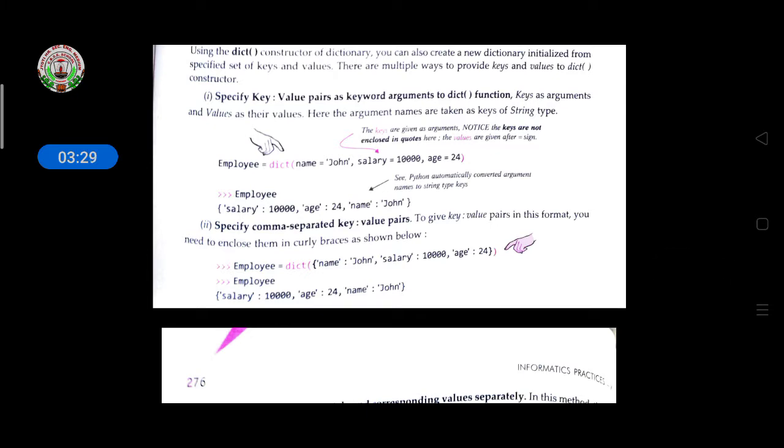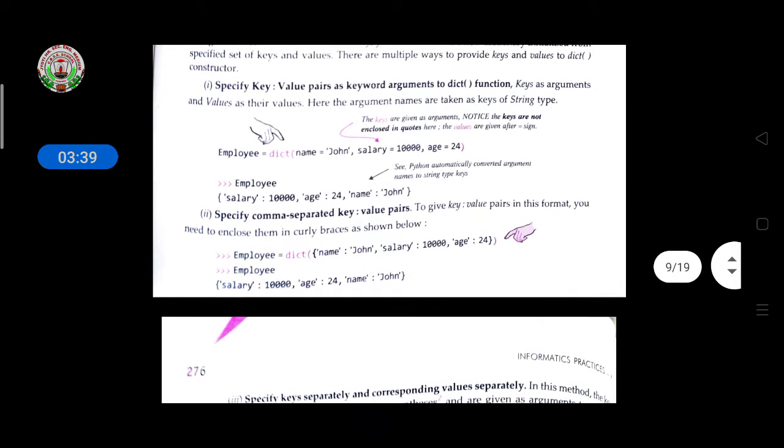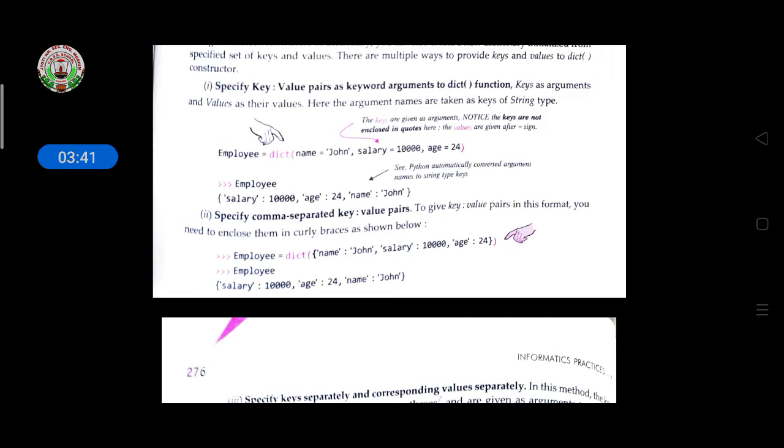So, here what we have written: employee equal to dict, name John, salary 1000 and age 24. It means the keys are given as arguments. Notice keys are not enclosed in quotes because the values are given after the equal to sign. So we are not giving the quotes here.